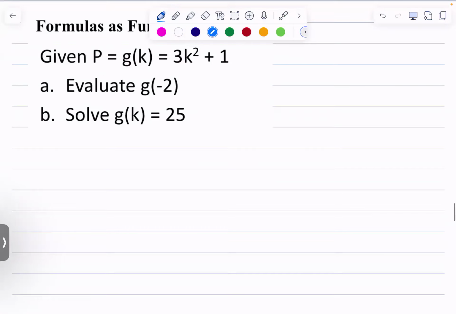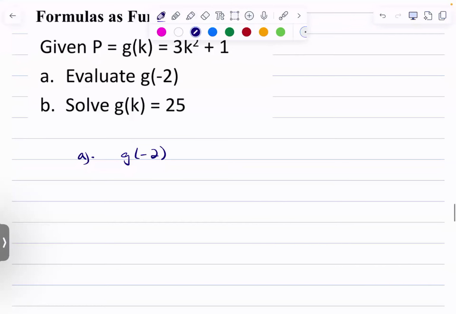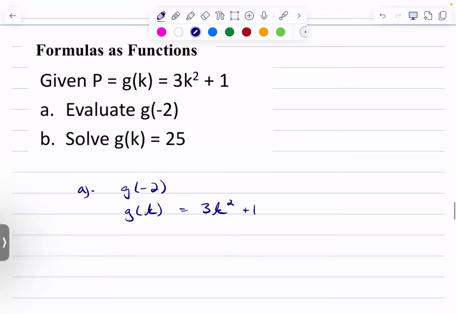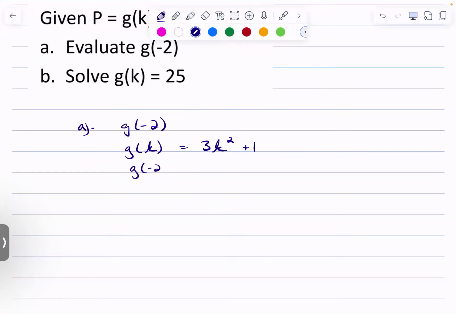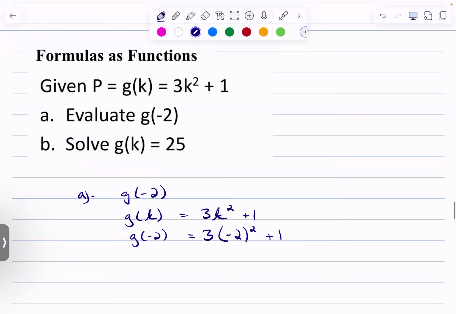Well, here, let's see. G of -2, I'll start with my g of k formula generically. 3k squared plus 1. I plug in a k of -2. So g of -2 looks like this. 3 times -2 squared plus 1. What we should do, though,